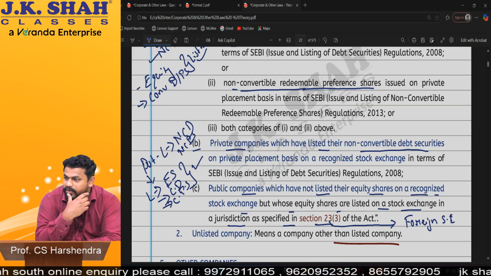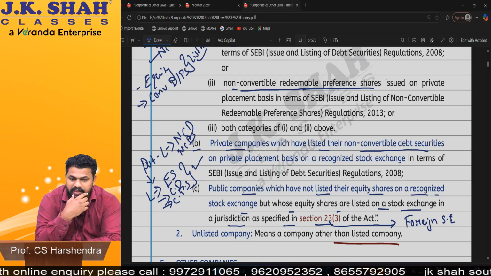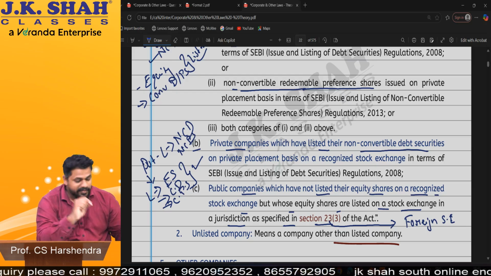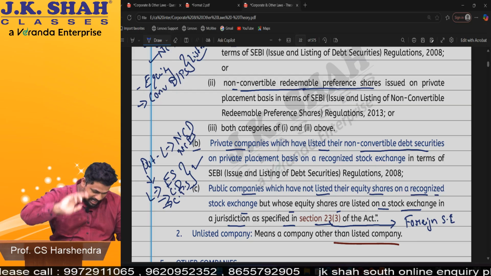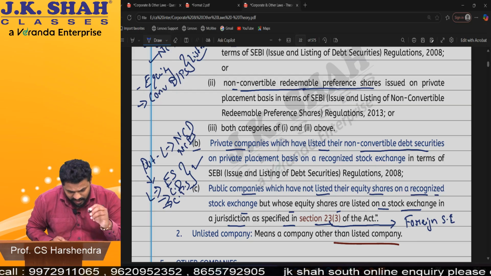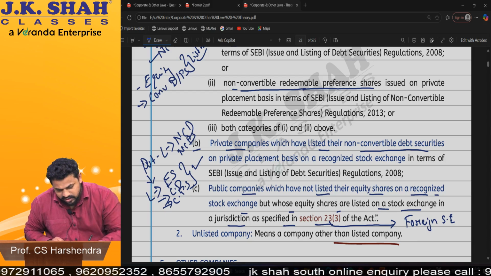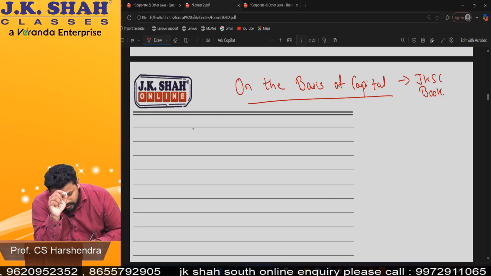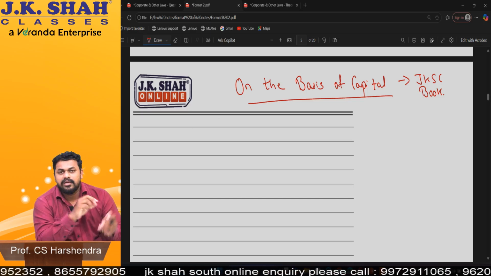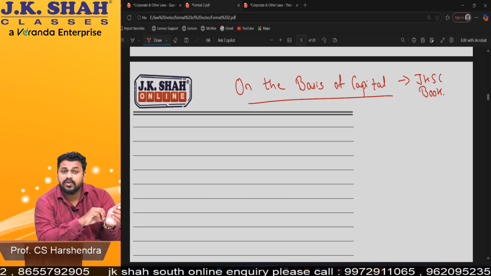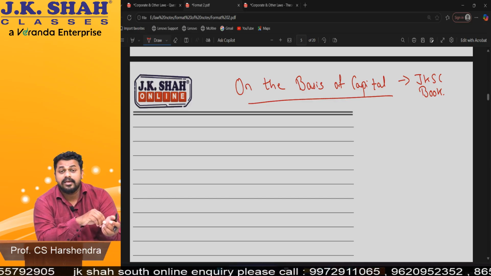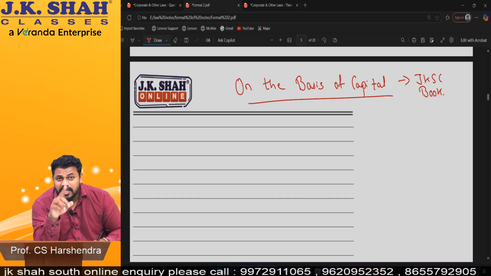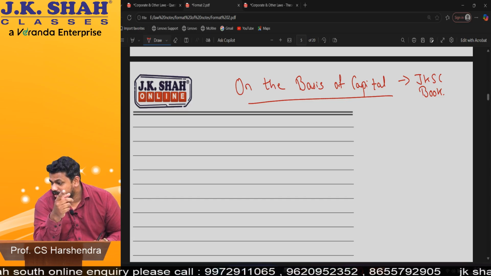First point and second point, I'll tell you, don't worry. First is public company, second is private company. One doubt he asked. What's your name? Yash. Now what is the doubt? The doubt is, sir, you told us if there is a private company which has listed its equity shares or convertible securities on a recognized stock exchange in India, then it will be a listed company, correct? But sir, yesterday we studied, can a public company be listed?